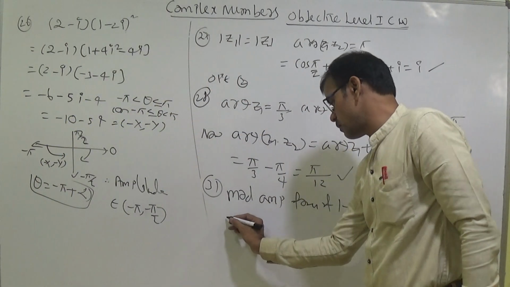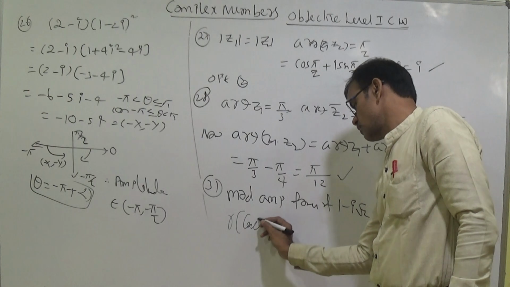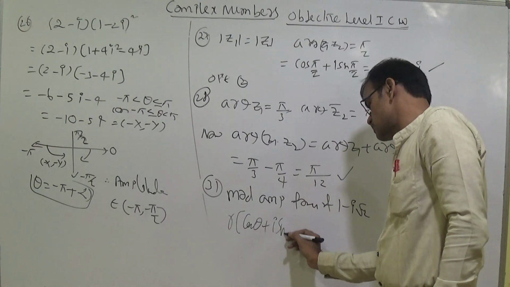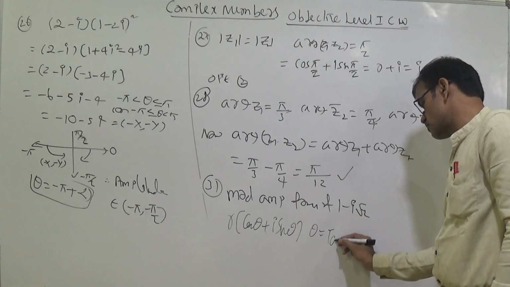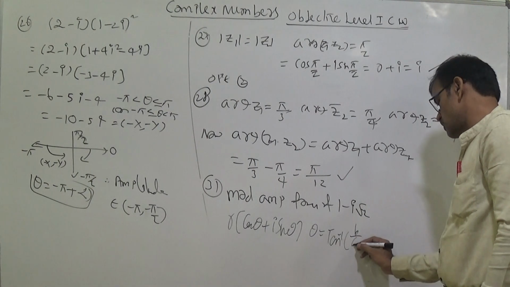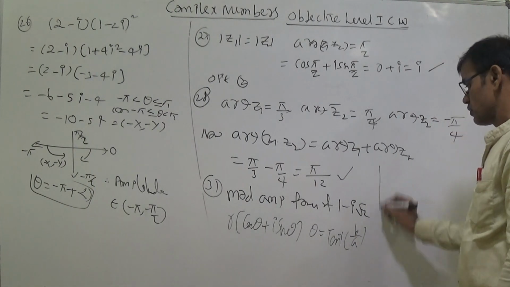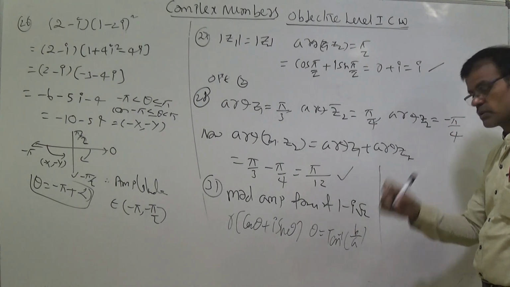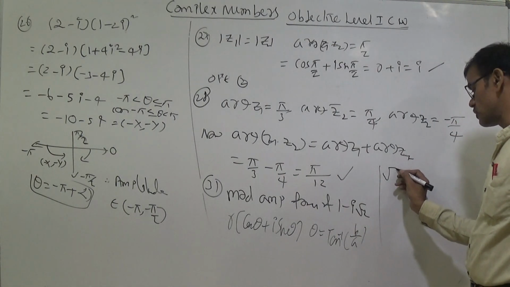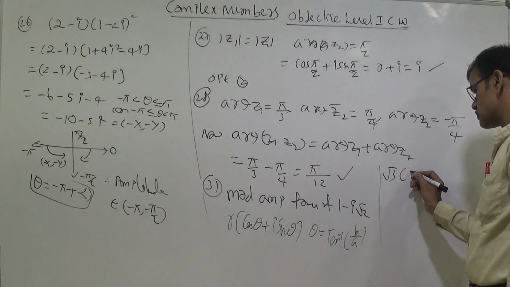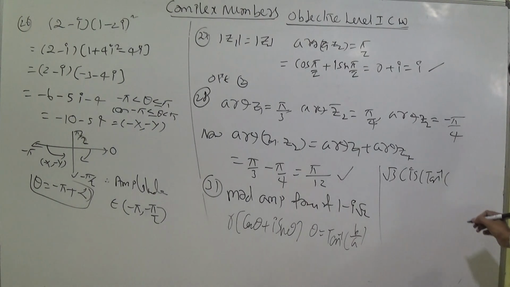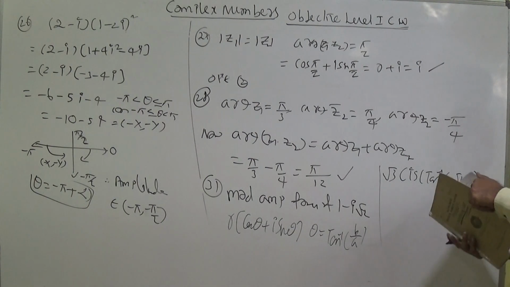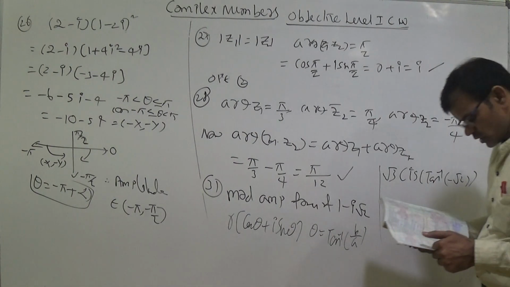r into cos theta plus i sin theta. What is r here? Theta is equal to tan inverse of imaginary part by real part. So r means root of 1 square plus root 2 whole square, so it is root 3. Root 3 into cis theta, cos theta plus i sin theta. Theta you can write as tan inverse of b by a, of course it is minus root 2. That's all: cis of tan inverse of minus root 2, third option.